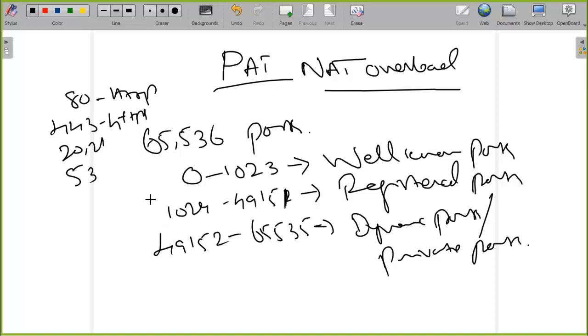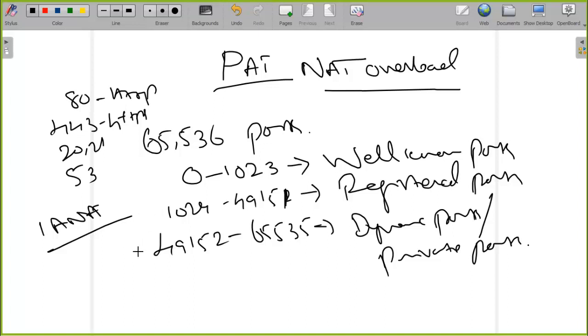Okay, and next we have registered ports, which are the list of ports that can be utilized by registering for a particular port. Suppose you are a company and you have developed an application and you want to use one of these ports. You can contact IANA, Internet Assigned Numbers Authority, and ask them to register a particular port under your company name. Then you have to pay certain money for that. So a particular port will be registered, and this port can be used for sending data out of the system, or for communicating with your network or with your server.